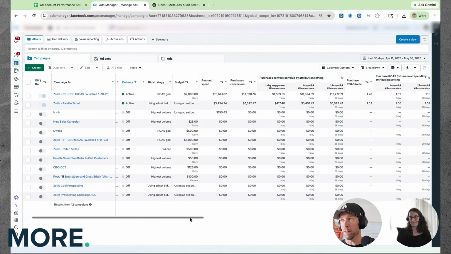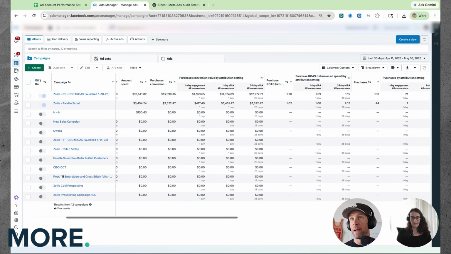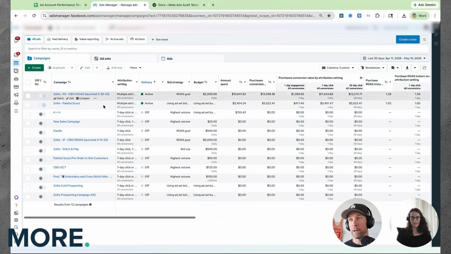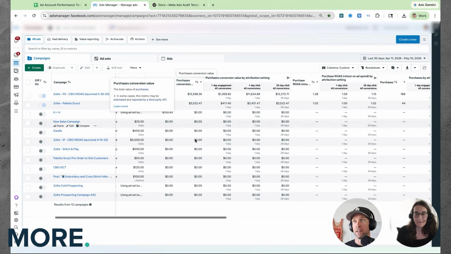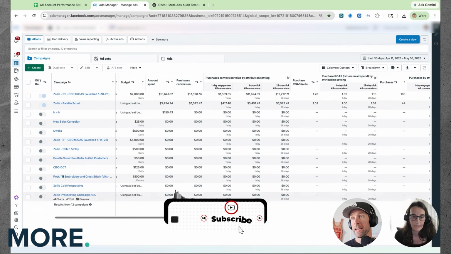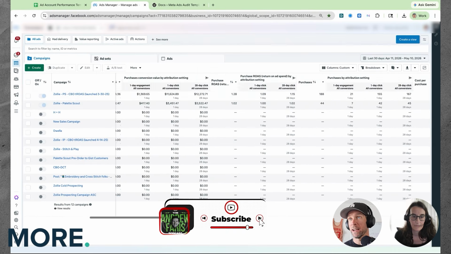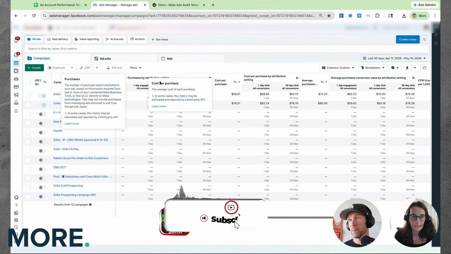So let's look. We're starting off with the last 30 days. As far as my column set, before I even look at any campaigns, just to show you how I'm thinking about this, I just move from left to right on the hierarchy of metrics. So spend, revenue, conversion data by click. I want to eliminate any view conversions mixed in there. And then you've got all your purchases, with different types of purchases there.